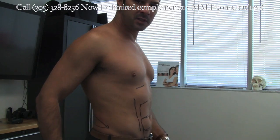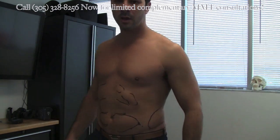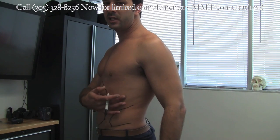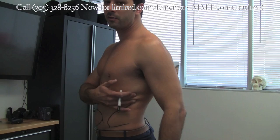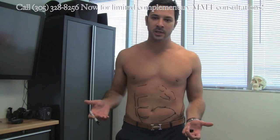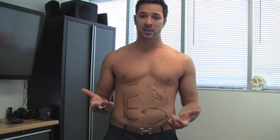The serratus definition is probably a little different, so you can see the serratus stripes here, and over here, well, yeah, it's very different. You can kind of appreciate them, but more you appreciate these little fat rolls. So to recap, what we see after 9 weeks, and I usually tell my patients between 6 to 8 weeks,